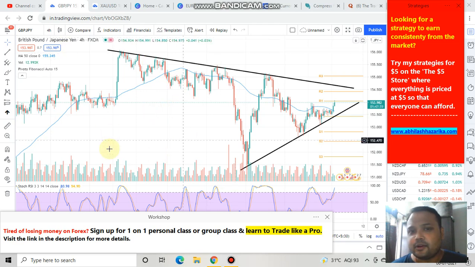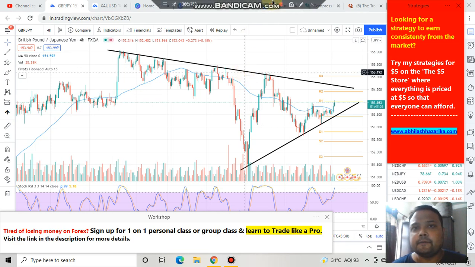So this is the 4-hour chart of British Pound, Japanese Yen, and as you can see, I have already drawn two lines here. And if you have watched my previous video on the Pound Yen, then you know these lines pretty well. Because if you look at the chart, then you can see that